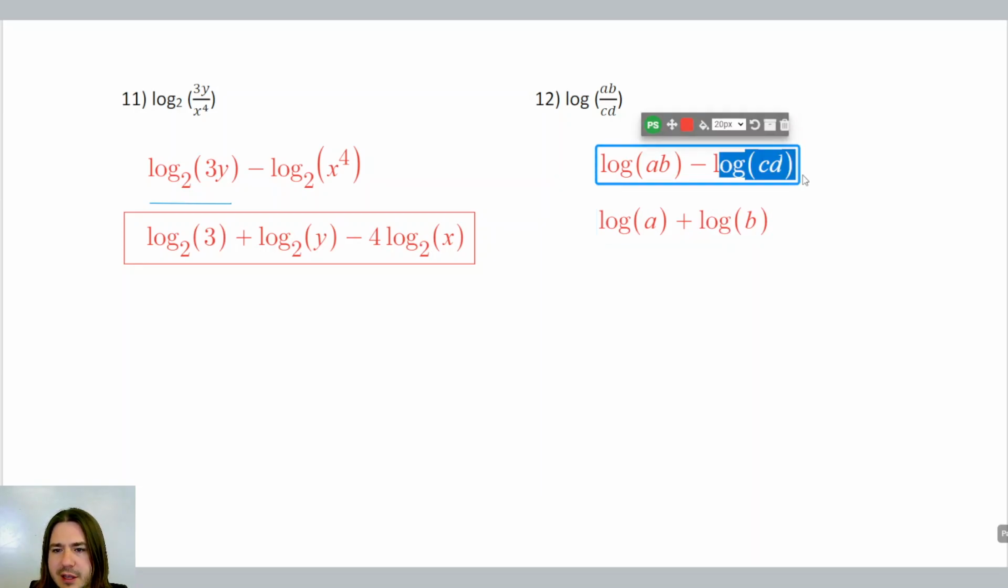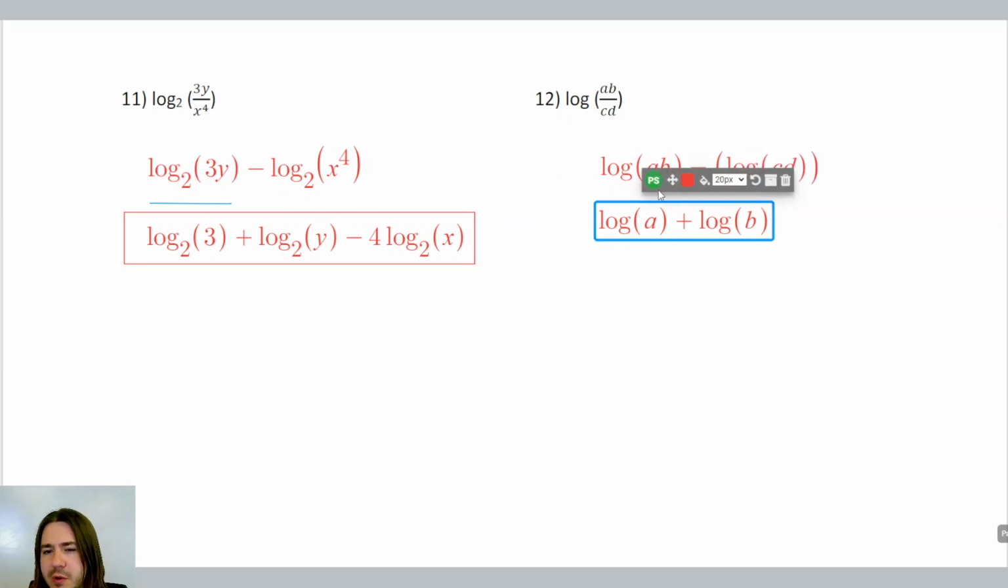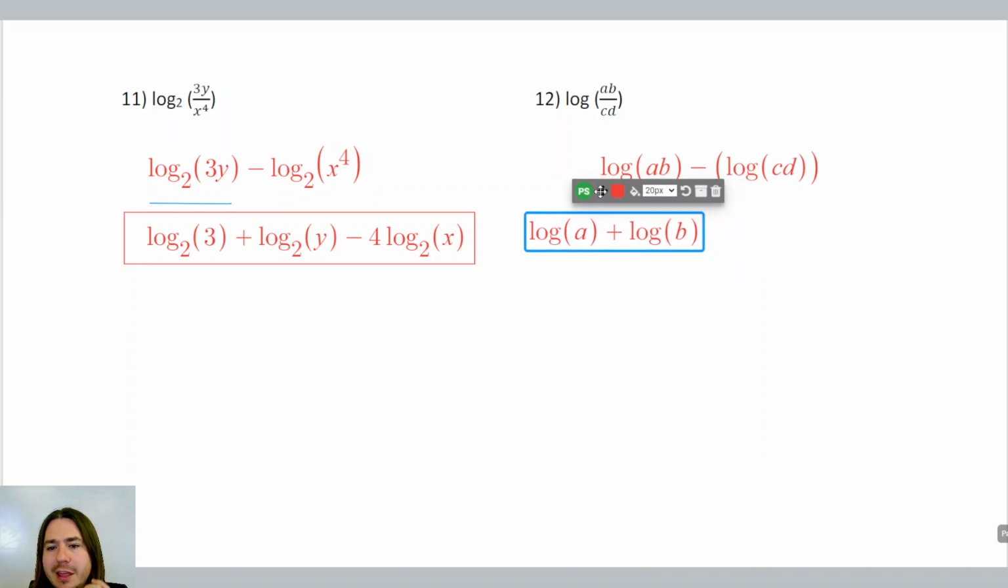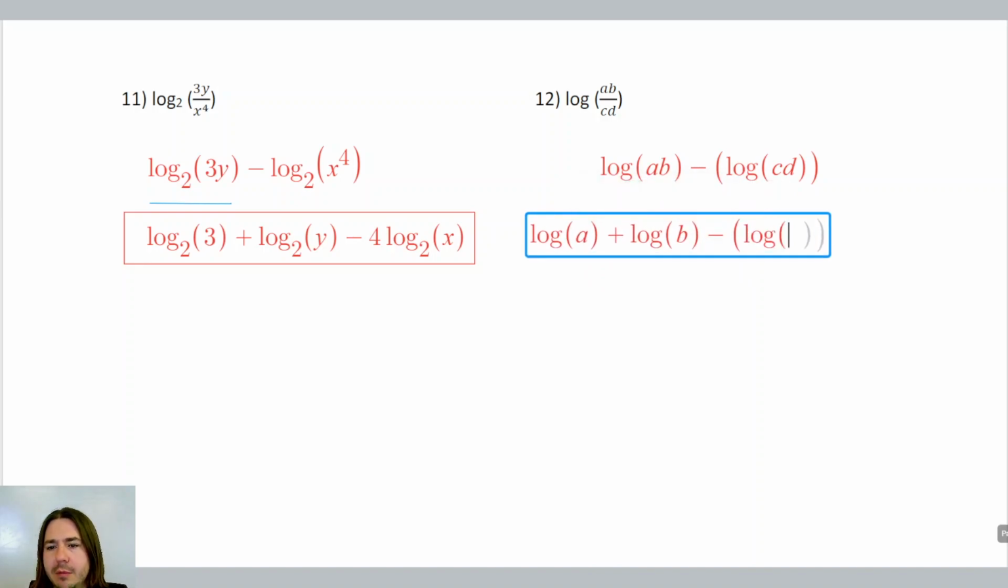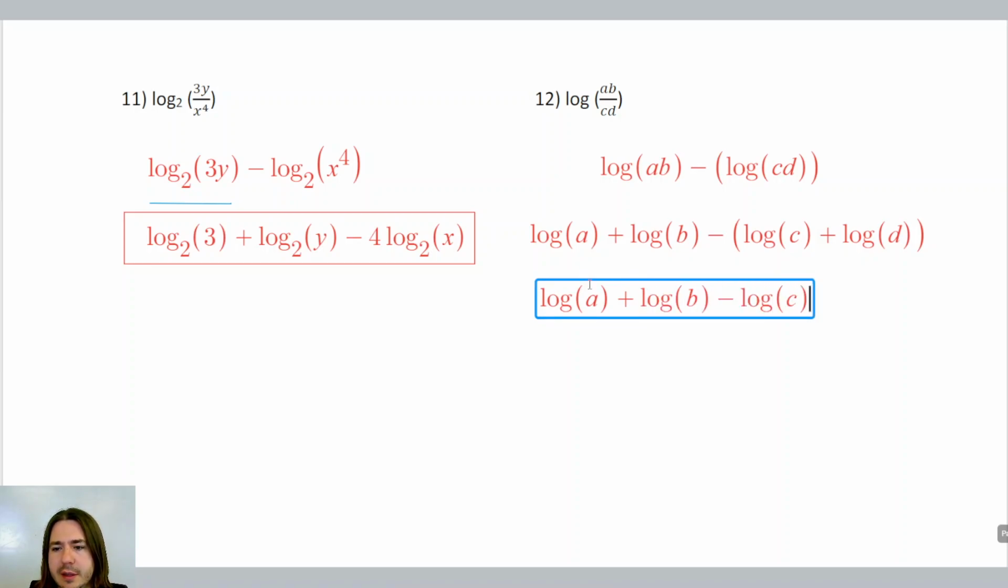Almost think about this as being inside of its own set of parentheses. Normally you wouldn't write those parentheses because it's just a single term, but I think it might help us to see how it'll actually work out. Log of C plus log of D here. The reason I put those parentheses here is to emphasize that we're subtracting this entire expression, so we need to subtract each one of these. And so if we're really trying to simplify this, we've got log A plus log B minus log C minus